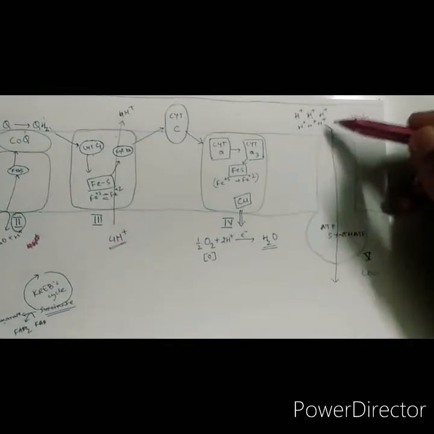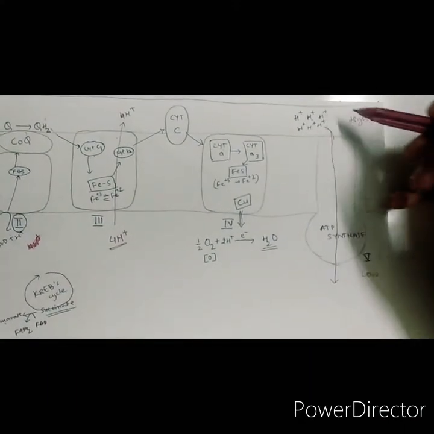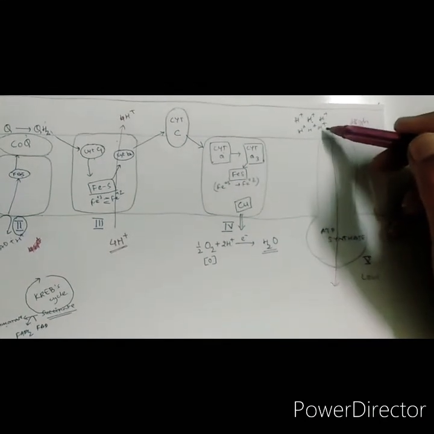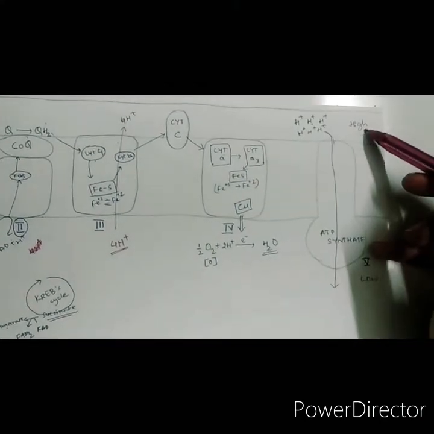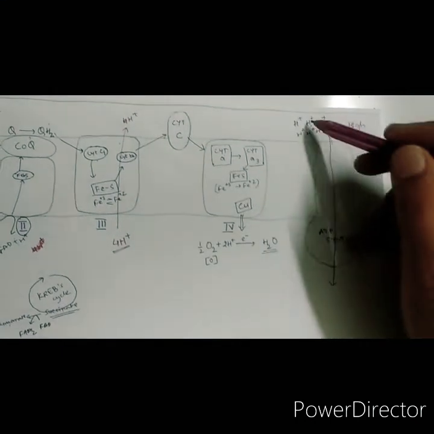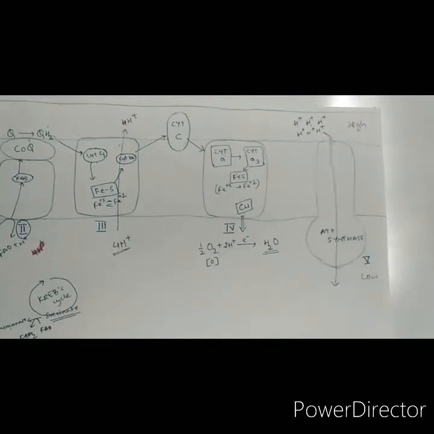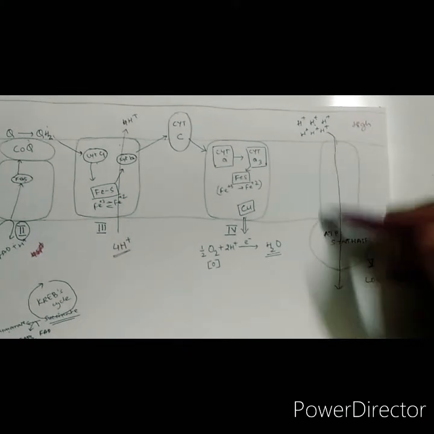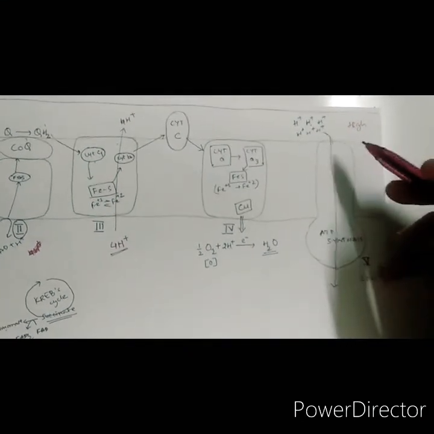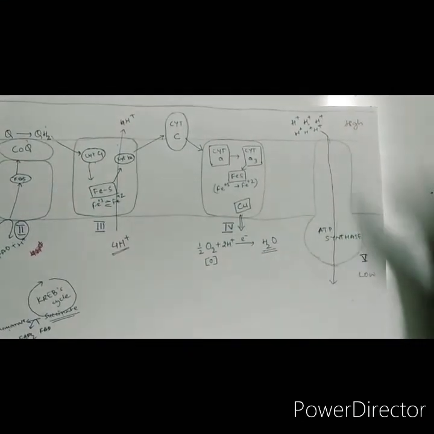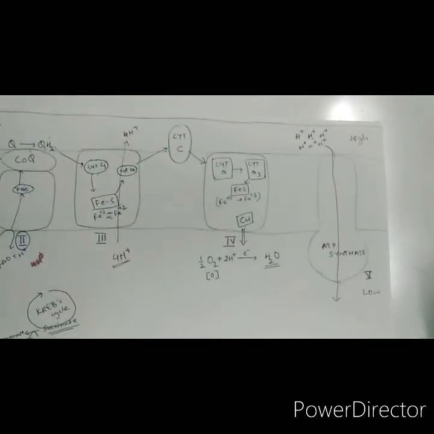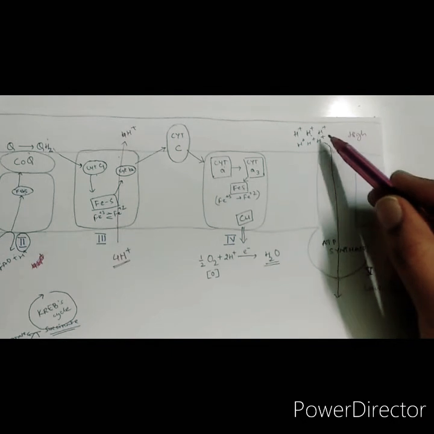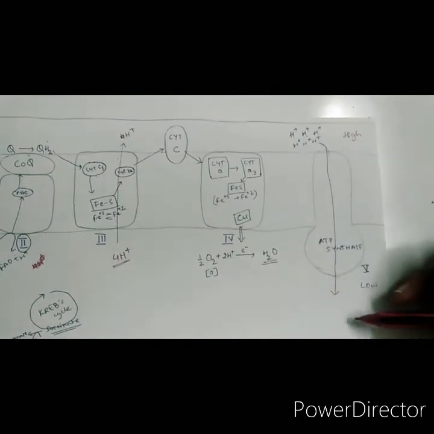So this electrical gradient, or potential gradient, is responsible for transfer of hydrogen ions from the intermembrane space to the matrix. This transfer helps in the generation of energy via ATP synthase. So this energy, whatever is being released during transfer of hydrogen ions from intermembrane space to the matrix, is